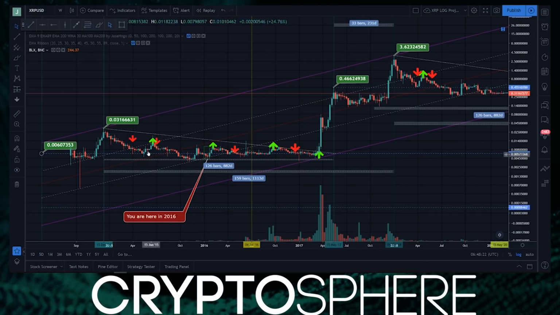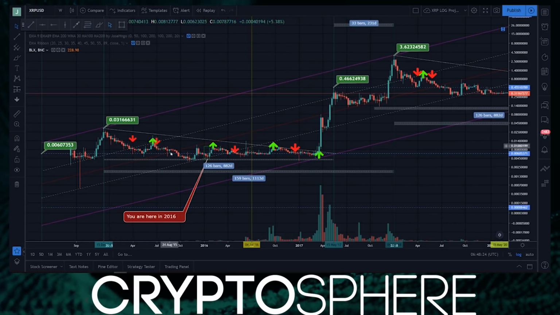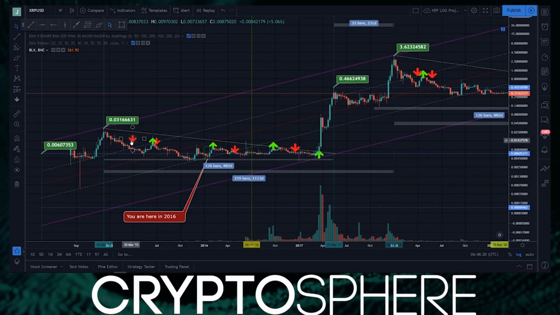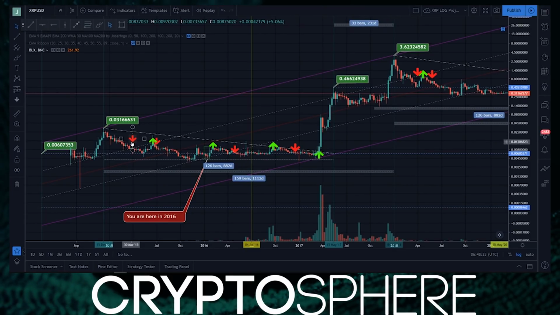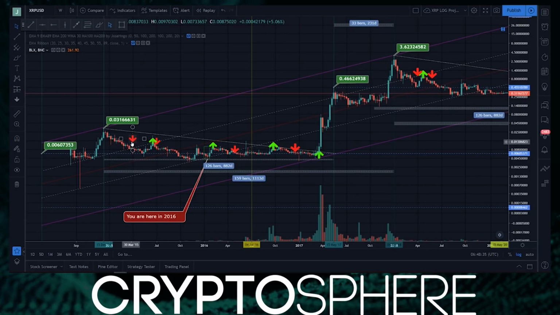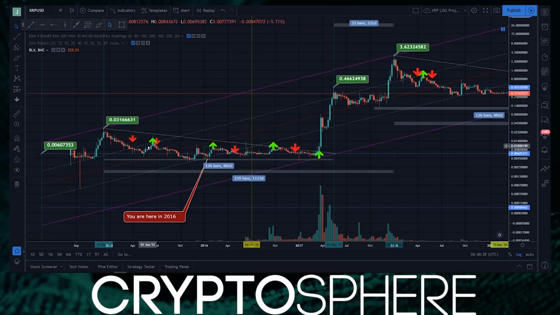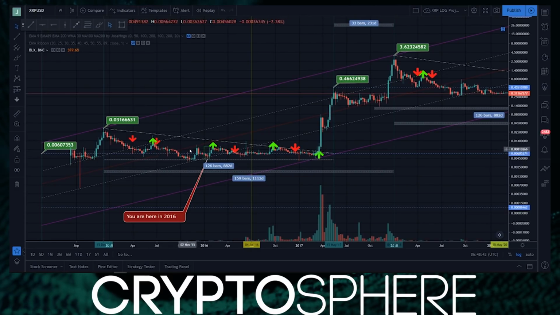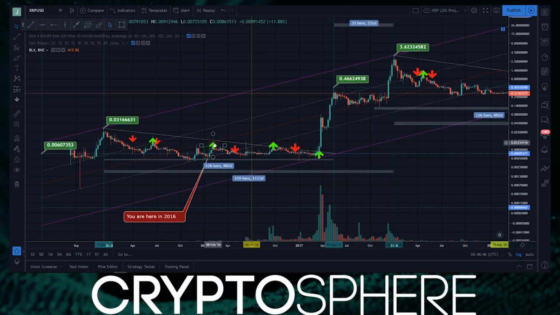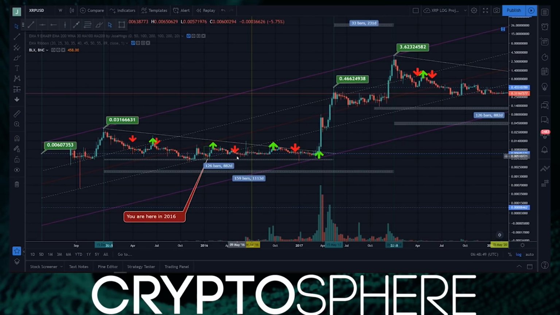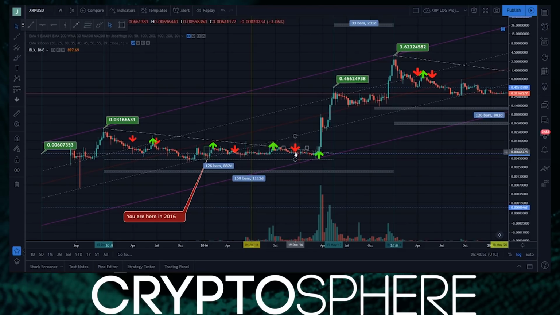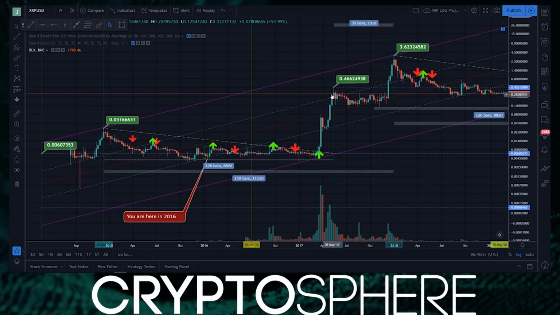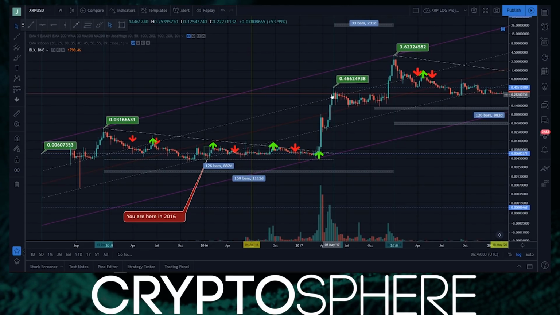And these arrows that you're going to see here, this red one, the green one, the red one, are where I saw either a death cross, which is the 50 moving average crossing under the 200 EMA, and where it went above and crossed back under. Then there was nothing going on for a while, and then we got a golden cross, then a death cross, then a golden cross, and then a death cross. This golden cross was quite significant, and it rallied all the way up to about half a dollar.